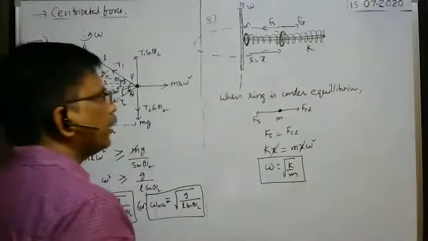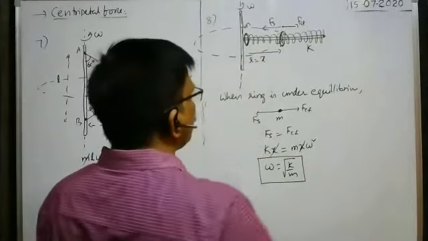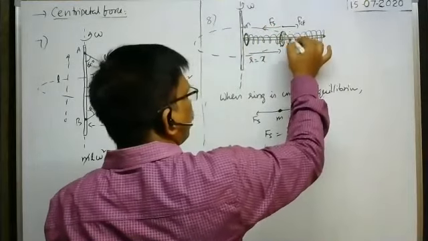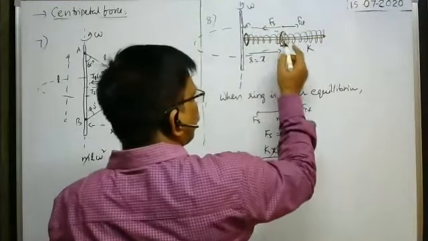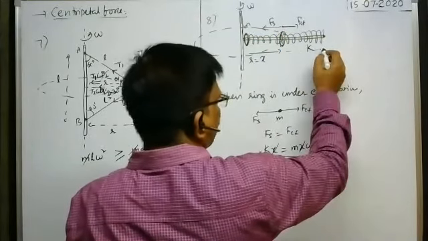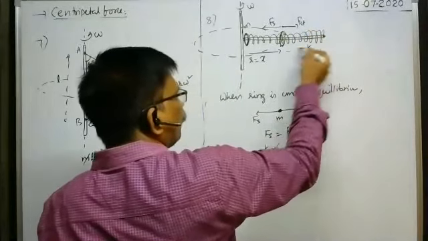Root k by m. Here x is the compression of the spring. Suppose it is the same diagram, but the ring is kept here, then whenever it is rotated, the ring moves away through a displacement x. That x is the extension, and whenever it is under equilibrium, spring force acts in this